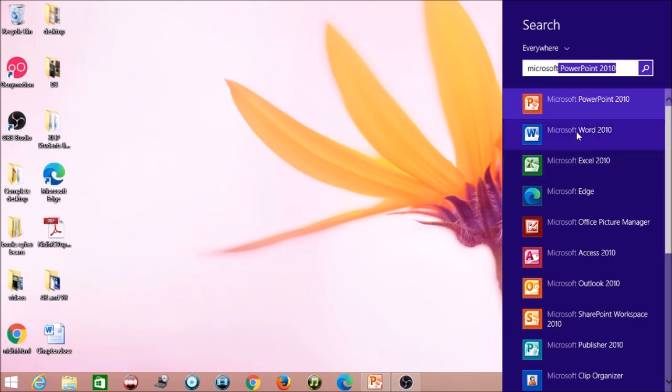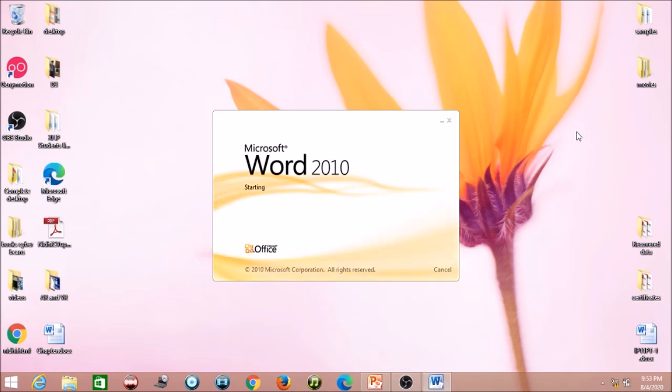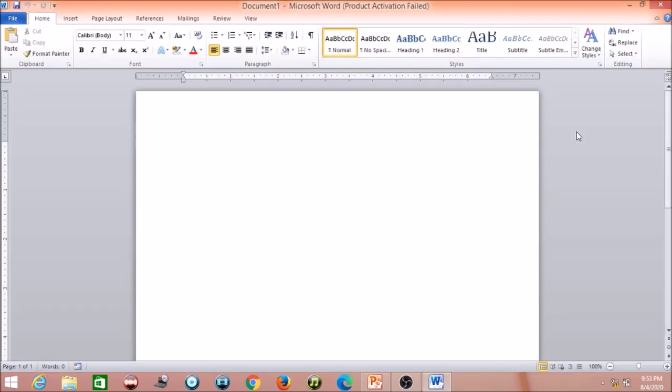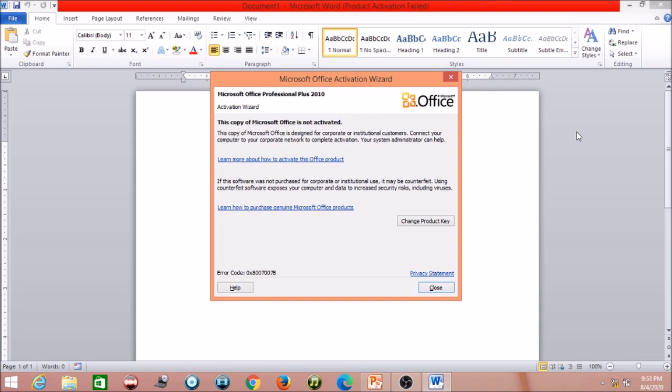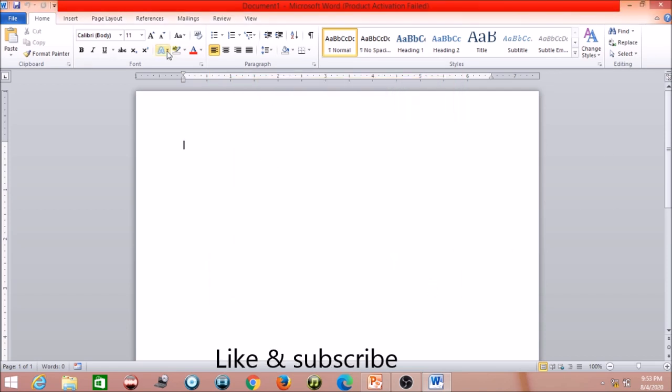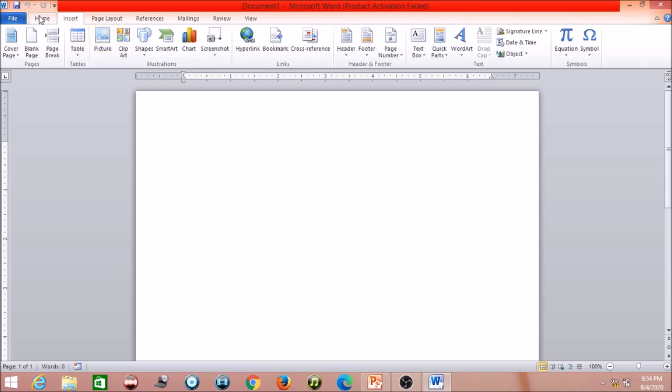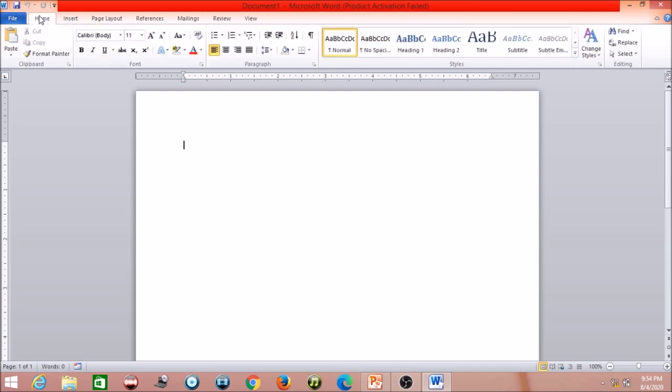Okay, so I'm just clicking it here. Just click on that and you will find this type of window. This is the working area of Microsoft Word 2010. This is known as the title bar, red color. These are the tabs: File, Home, Insert, Page Layout, References, Mailings, Review and View. These are known as tabs. So we are on the Home tab, and if you click on Insert, then you are in the Insert tab. So we will work initially on the Home tab.